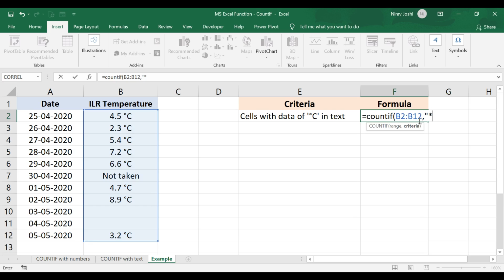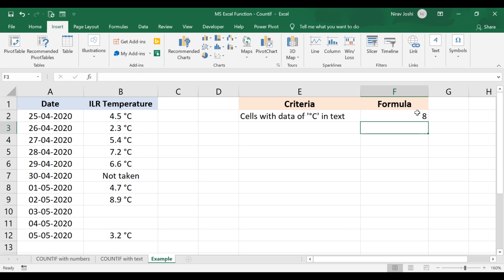So for that we need to copy that degree centigrade beforehand before applying this formula. So we can paste it here. Again we would apply asterisk, complete the double inverted comma, complete the parenthesis and press enter. So now we can see that there are a total of 8 cells in that range which have the degree centigrade value, and this will solve our problem that we discussed in the previous video.